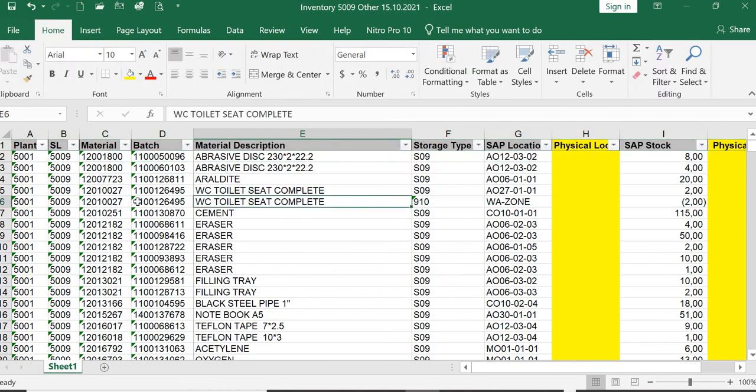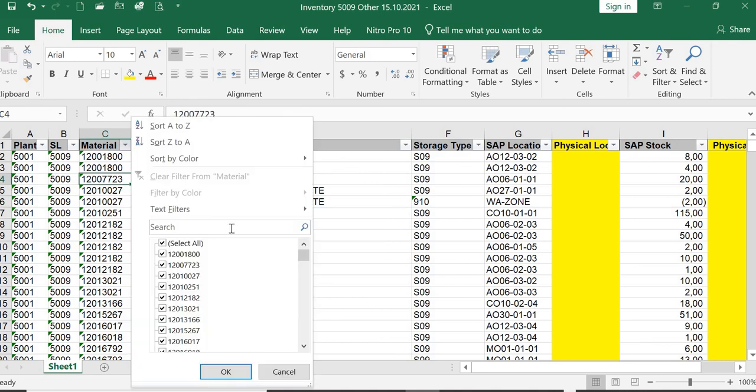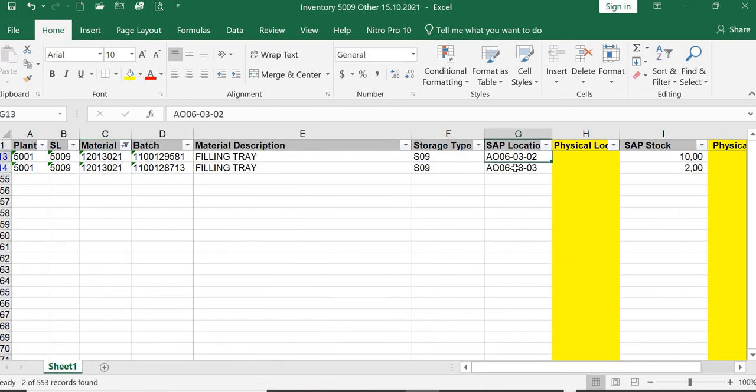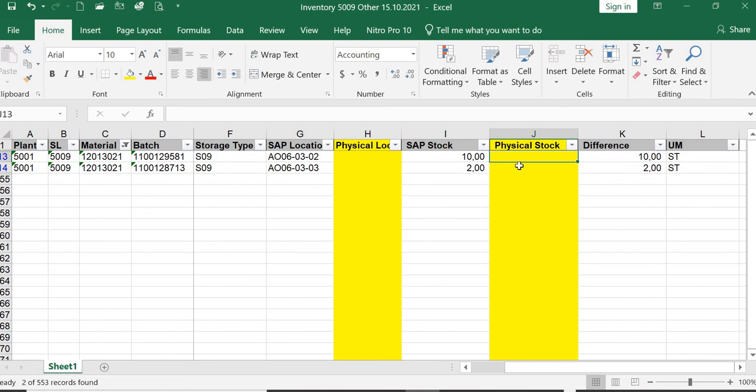And when you start to take physical inventory, I'll go here. I will type here the material, for example like this, and we'll see if in this location or in this location you have this quantity or this quantity. If you put here the actual location, maybe it's different in this one, or maybe it's different in this one. We'll come here and put the actual quantity, here the actual quantity. For example, if you have 10 less we put 8, and here you have 2 less you put 1, and it automatically calculates the difference for me. I hope it was useful, and I would say